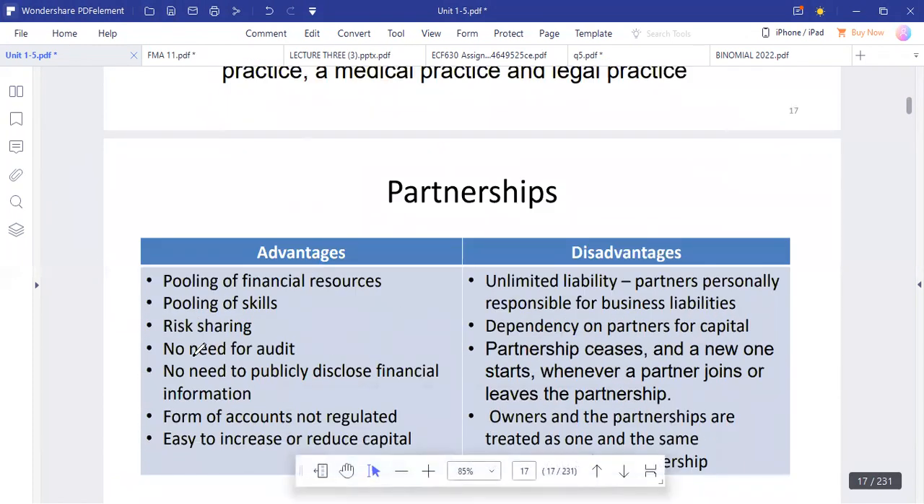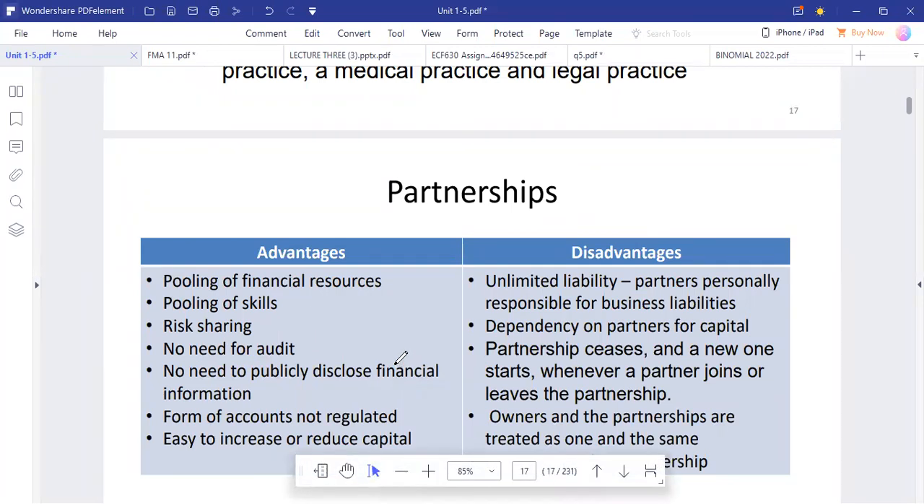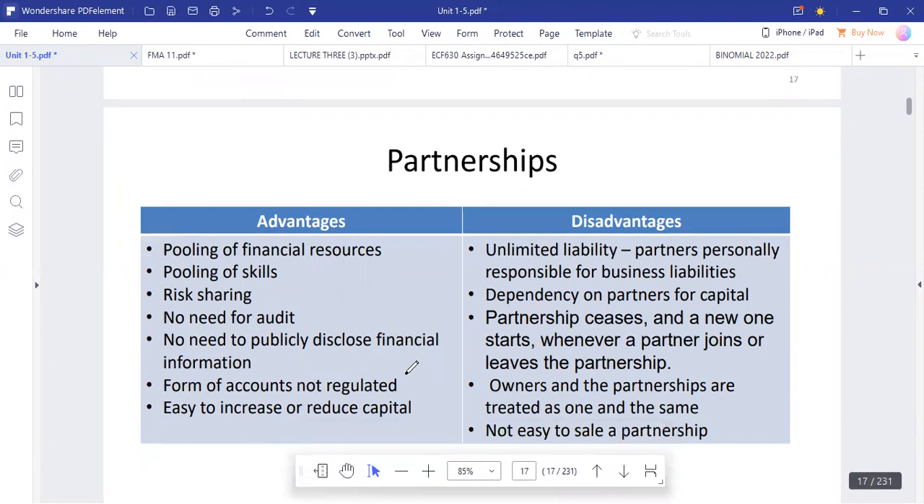So as I explained, the advantages of partnership, there's a pool of resource and skill. Risk sharing is high. You are sharing the risk, and there's no need for auditing or publicizing your financial statements annually. As well, this kind of company or business structure is not regulated. It's easy to raise capital. Disadvantages are that you have unlimited liability. There's a dependence on partners for capital, and when a partner